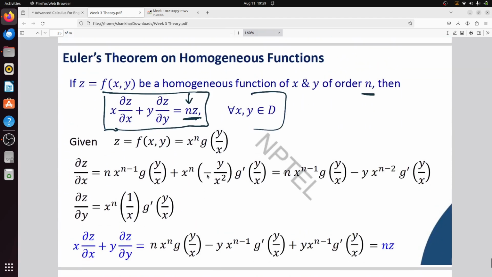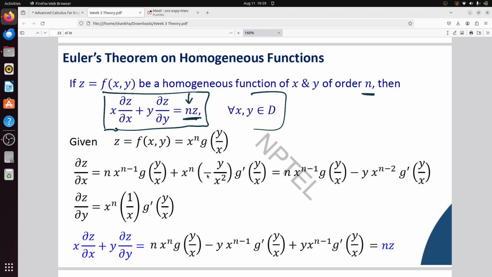Yes. Now there is one called Euler's theorem of homogeneous functions. We will solve problems from this part. Euler's theorem of homogeneous functions I will discuss in the next class also. In the next class I hope that I will discuss maxima, minima, differentiability. I will discuss some problems on homogeneous functions.